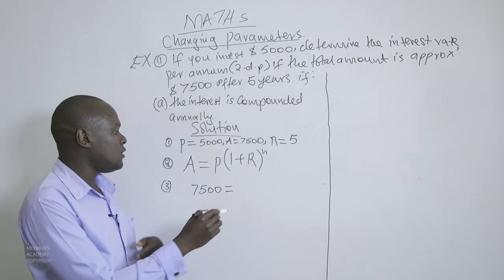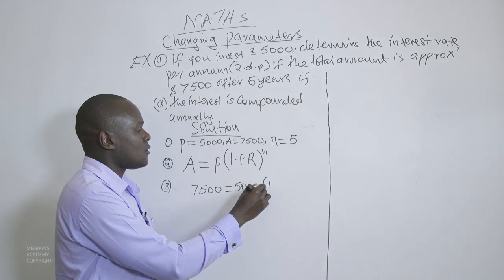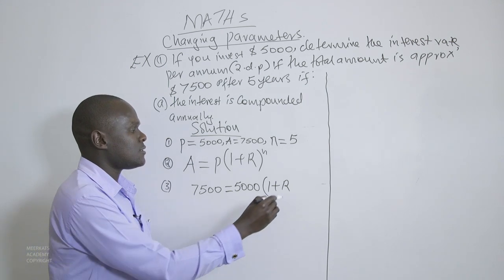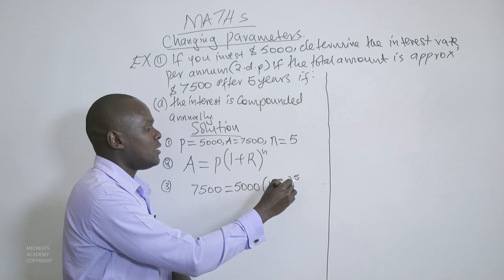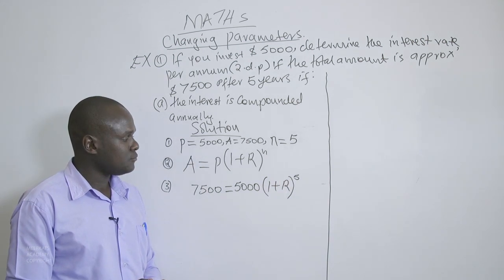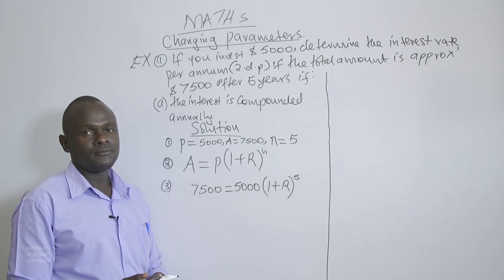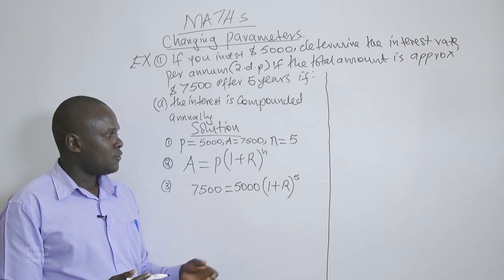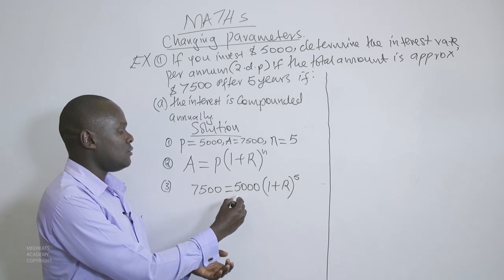The principal is 5,000. This will be 1 plus the rate that we are going to calculate, raised to power n, and n is our period, where we have 5 periods. So we want to get the value of r from this equation. We proceed with the solving, and the first thing we are going to do, it is prudent